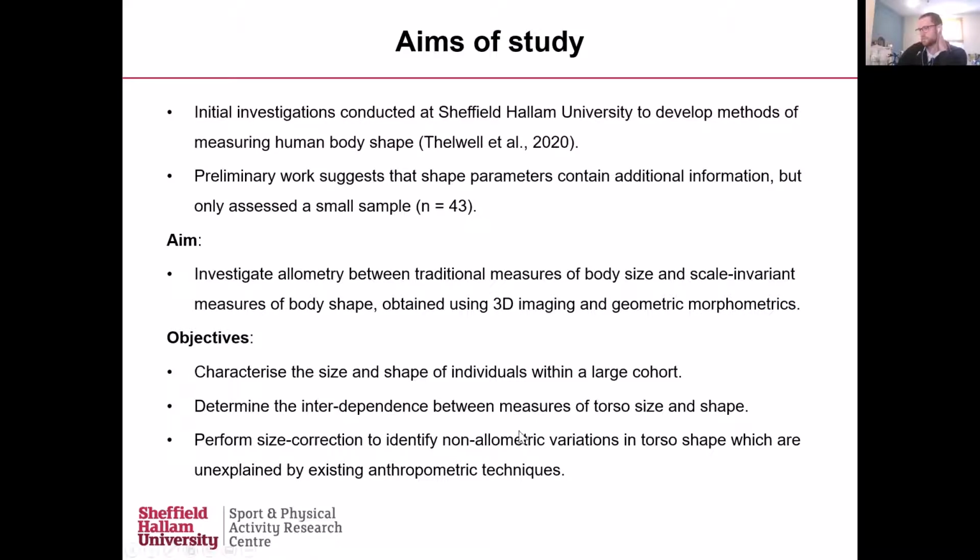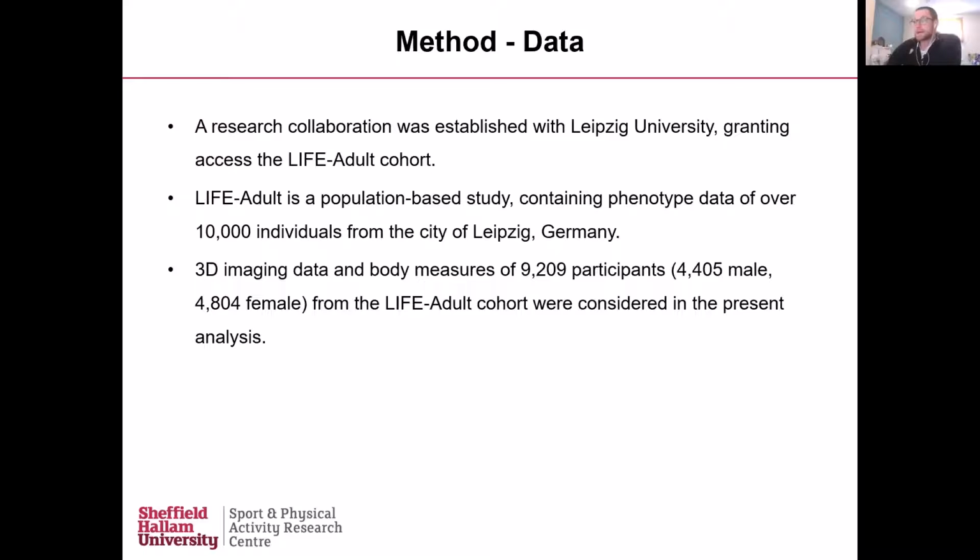So determining those interdependencies between size and shape, but also identifying the non-allometric unexplained variations in shape that you can't identify using traditional techniques. So as stated, we were able to form a collaboration with Leipzig University, who granted us access to their live adult cohort, which has phenotype data of over 10,000 individuals collected in the city of Leipzig in Germany. And so for this study, we analyzed 3D imaging data and body measures of 9,209 participants,